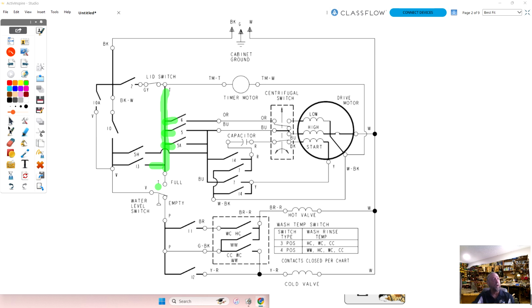So when you are looking at the circuit and you see a heavy bold line, even though this is a timer switch here, look at how this switch, 5, 5A, 14, and 7, and 5H all connect together. And that's internally in the timer. So that's what that heavy line is showing you inside the diagram.